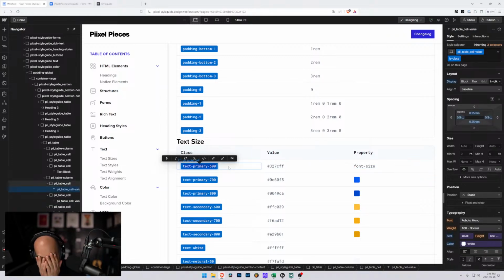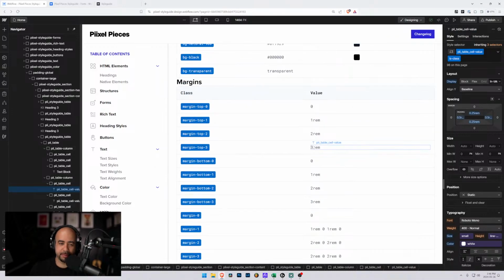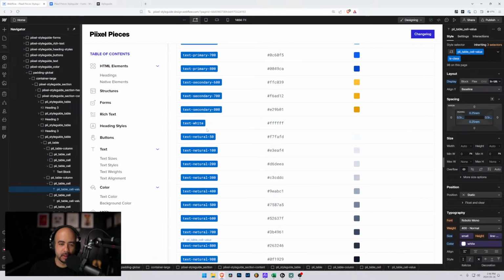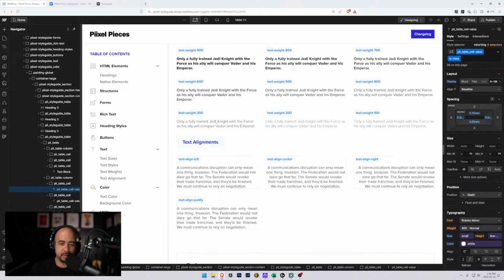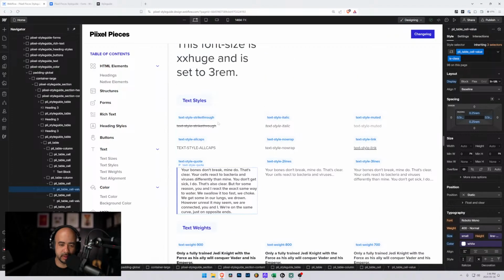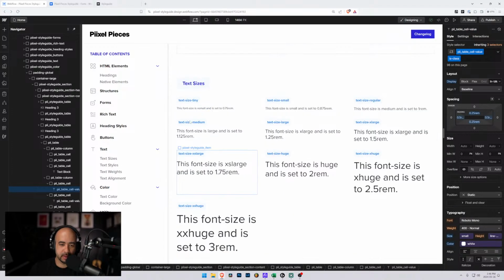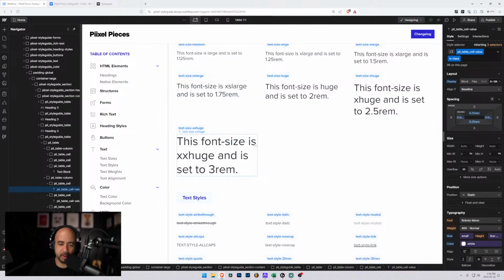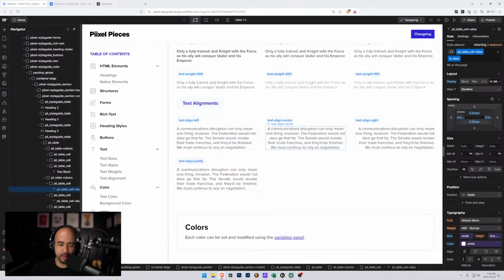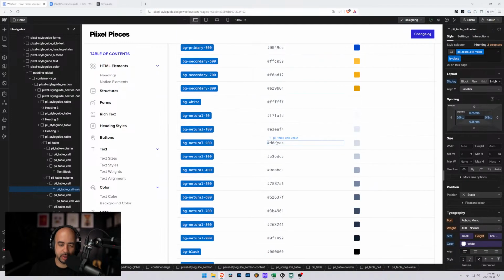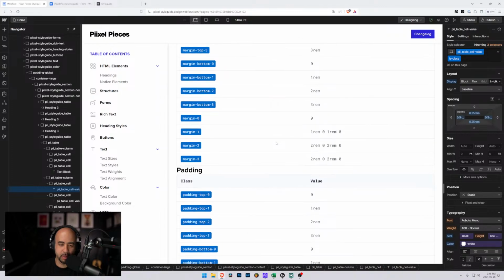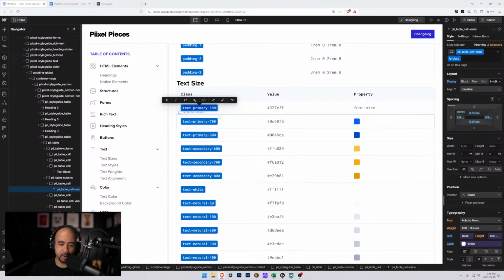So, right. Now what do we have here? This one we have in client first. It's text size and then small, medium, large, regular, all that jazz. So I think what we're going to do is we're just going to go with the numbers. So we're going to do something like this. Text size and then